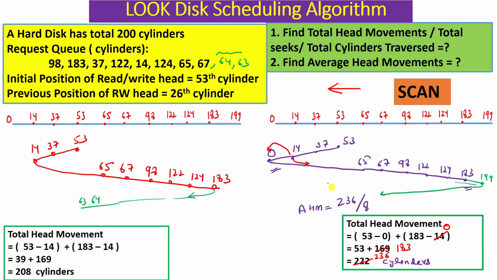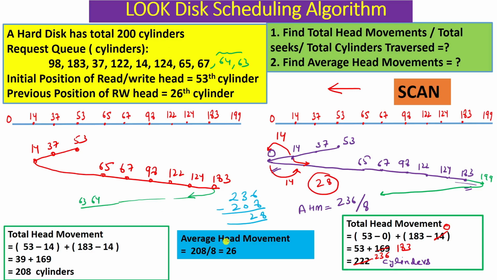So you can see this number of cylinders were traversed in SCAN. If you see, from 14 to 0 we are going in SCAN. So there are 14 more head movements in this direction in SCAN. The same way we will be going from 0 to 14. So 14 more here. So 14 plus 14, 28. 28 more head movements will be there in SCAN. If we find the subtraction between 208 and 236, it will be 28 only. So you can see 28 fewer head movements will be there in the LOOK algorithm.